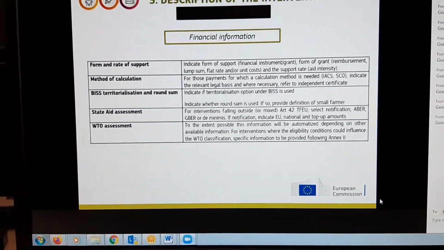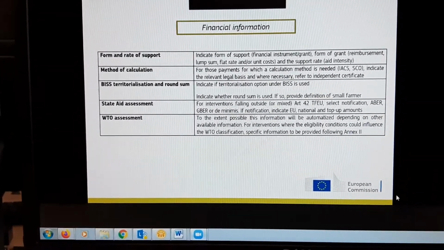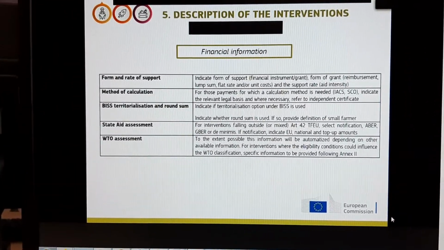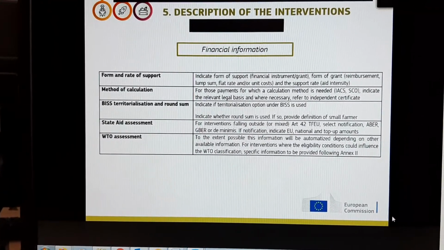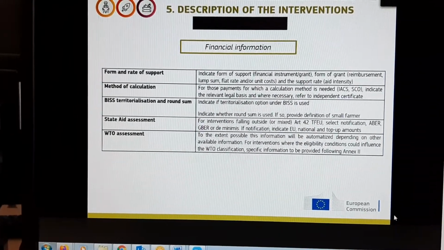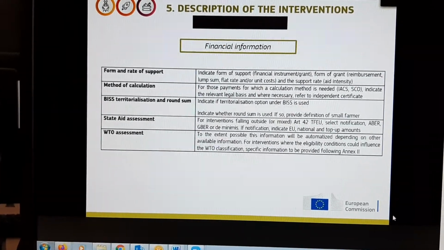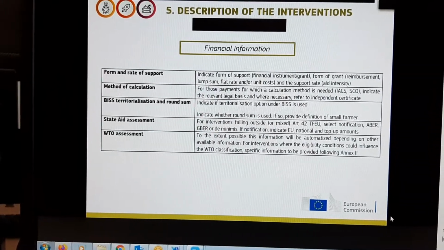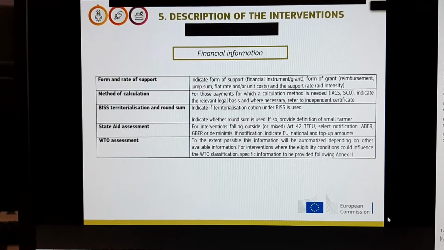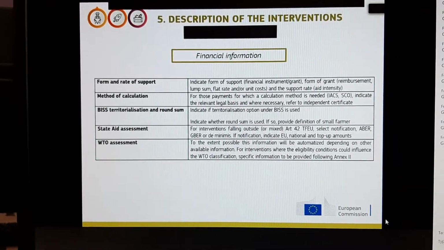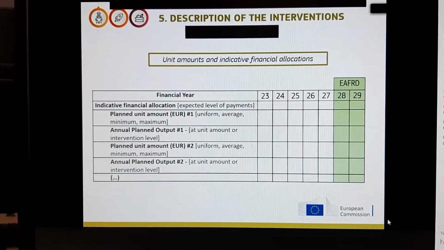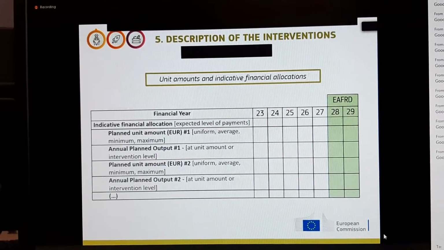that there are some quite straightforward links between type of interventions and the WTO paragraphs of the Annex 2. And if that is the case, this information will be automatically filled in. If, depending on the design of the intervention, then there could be several paragraphs involved. Of course, we will need to see explicitly what is your assessment on whether one or the other paragraph should be used. So this is on the financial information, and then I will go to the unit amount and the